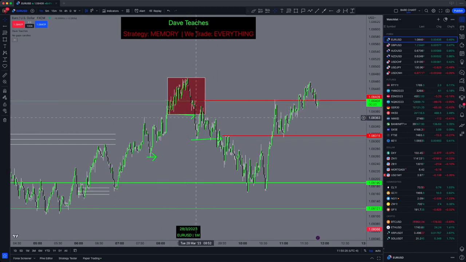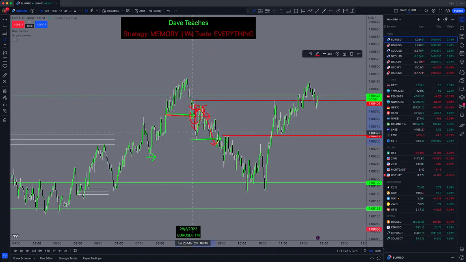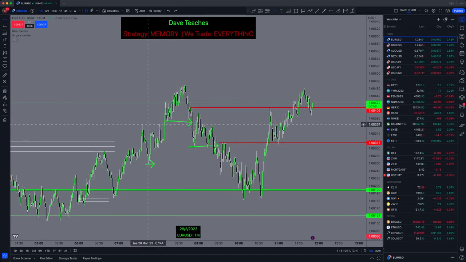Usually with the pullbacks, the thing that lets me know that it is indeed a pullback, especially when we have these little lows here, is that it's mitigating itself going up, and then it shorts. The reason I choose this as a pullback is because as soon as we get here, an imbalance violates it, goes right through it. Then we come back around into that imbalance, tap into the S&D responsible for the run right here, and then it falls, right? So for me, on a higher time frame,